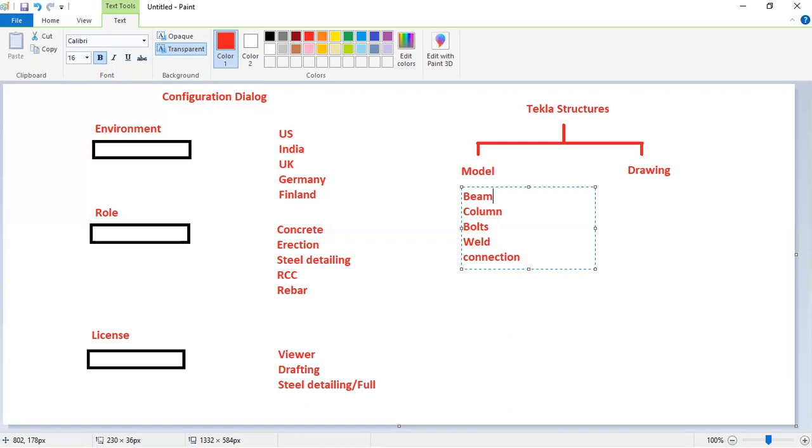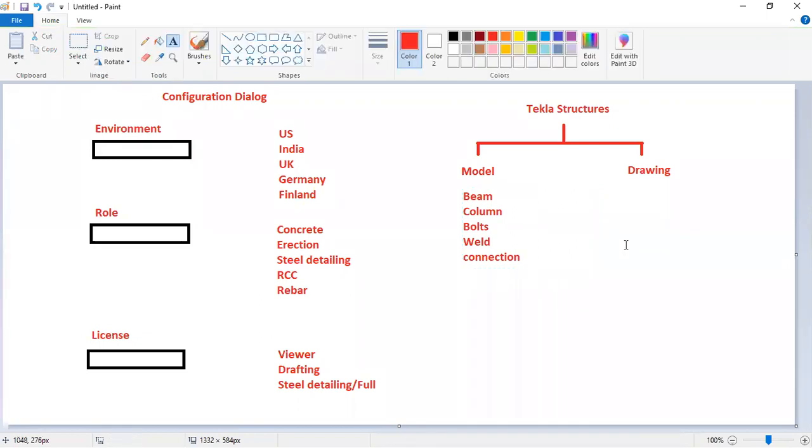Bolts. We already know that there are different kinds of grades and different diameters. And welding, there are different types of welds. We are providing these in this model. And different kinds of connections are also available here.